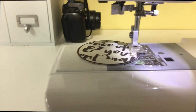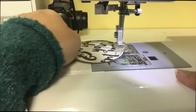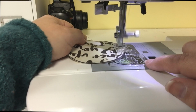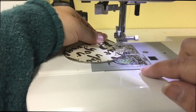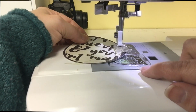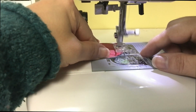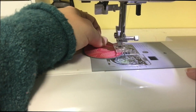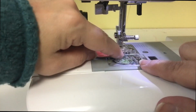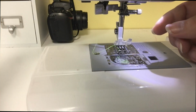So I have my speed lower than it was before even. And I'm going very slow, and I'm paying less attention to where the needle is going into the paper and more attention to where I'm pointing there. So I'm looking at the markings on the front of my machine and where the presser foot is, and I'm paying more attention to where my paper is in relation to some of those markers, kind of like using them as a guide. So there, see where I'm pointing? I'm paying more attention to those places that I pointed than I am to where